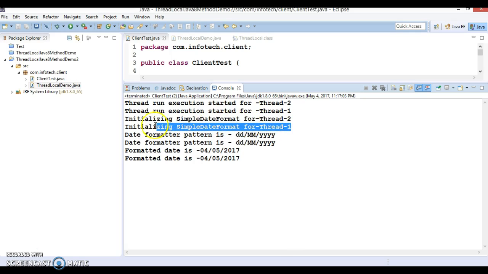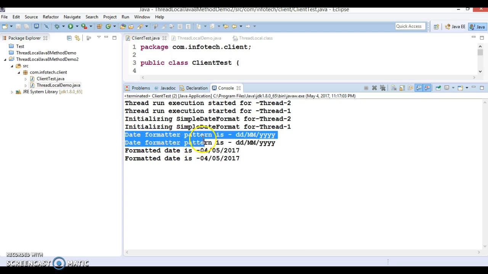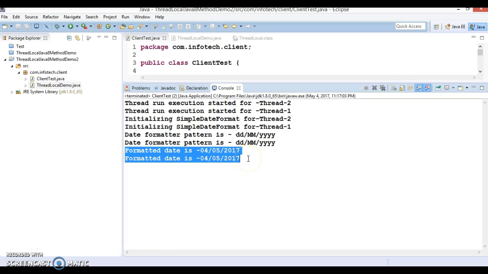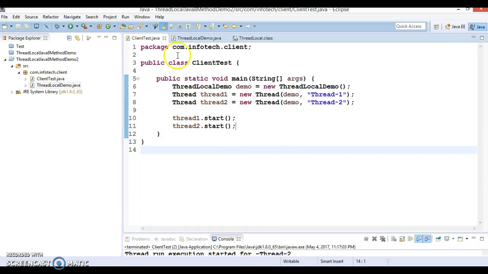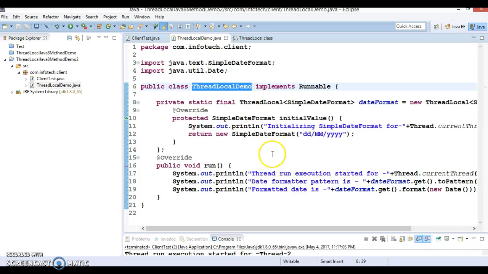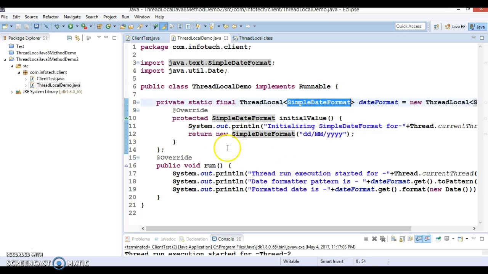So this is initializing for both threads, and date format pattern is called for both threads, and finally formatted date is getting displayed for these two thread locals. You can notice that a simple date format instance is created and initialized for each thread. So this is the second use case we have seen. In this case, you don't require explicit synchronization for simple date format. You can make use of thread local.